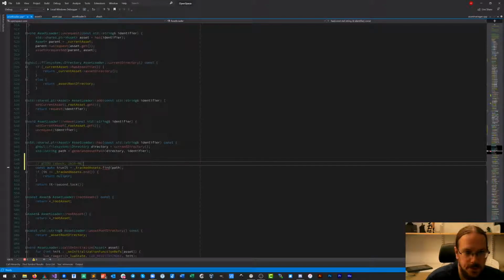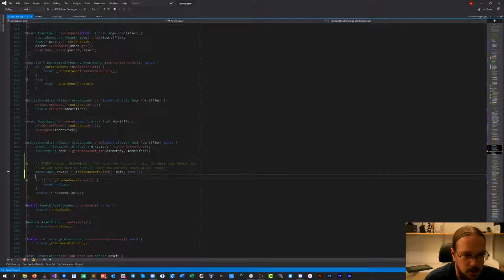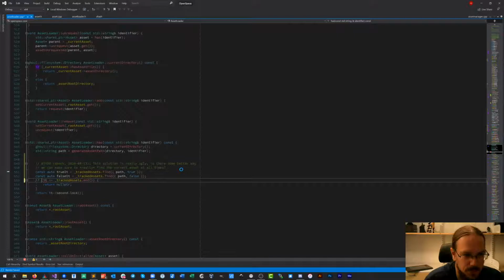We can know how to fix it later. There we go. So we do the same thing again. Check first whether it's true. Then we check if it's false. Time-wise, it doesn't really matter that much. We're going to do this so seldom that it doesn't really impact any performance.